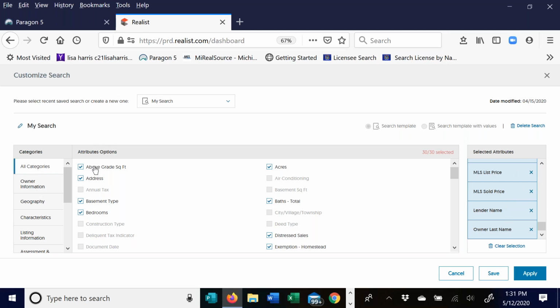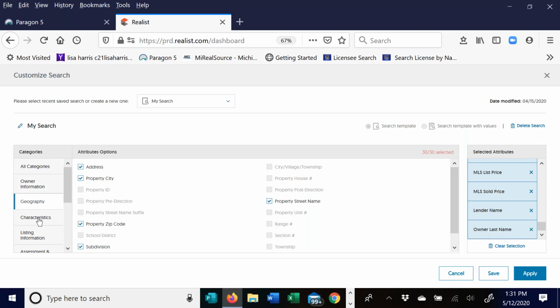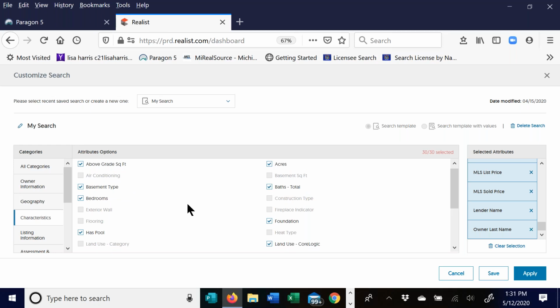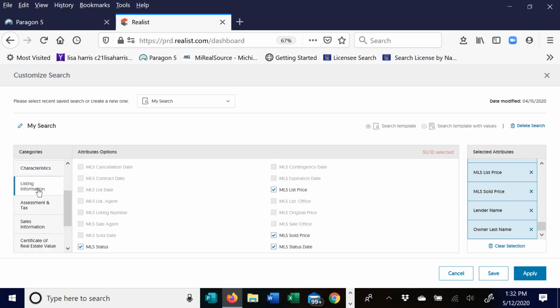If you look to the left here, you can go by categories, by sections. So I can go to owner information first. That will show me what my options are in here. Then I can go to geography. That'll show you location and so forth, and what you want to select, characteristics of the house. As you go through here, just check mark things that you want to be able to search by. Your report will have all this information, but it's what are you searching by? Listing information, you've got assessments and taxes, sales information,